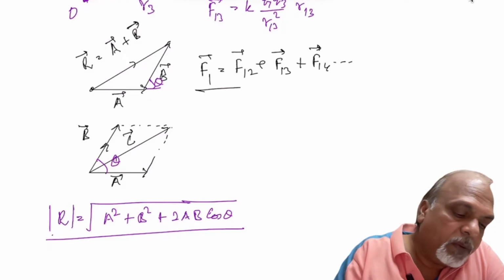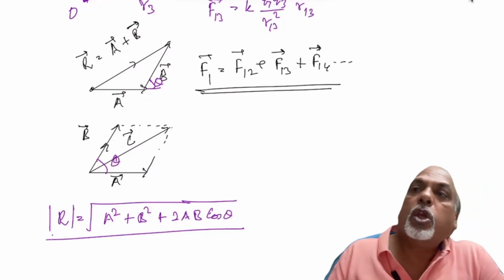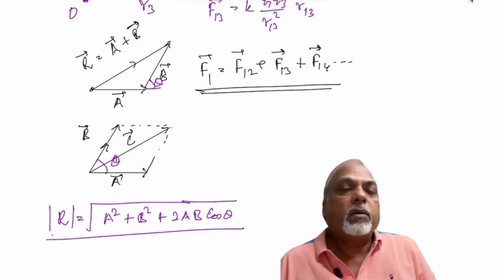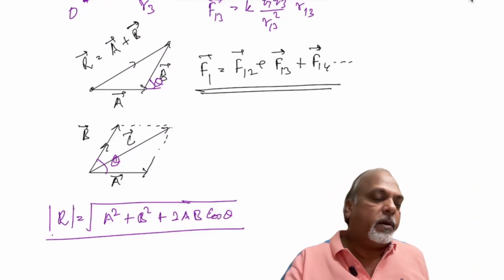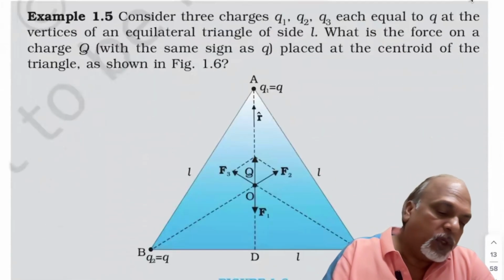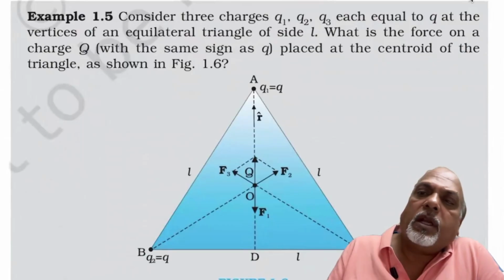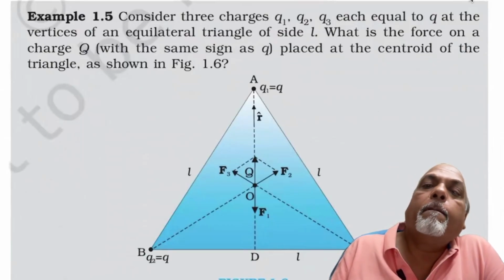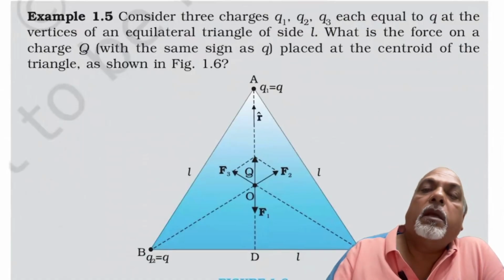So this is the principle of superposition, which is the vector sum of this thing. Correct? Now let us move further. Based on this superposition, there is an example in your NCERT book, and that is